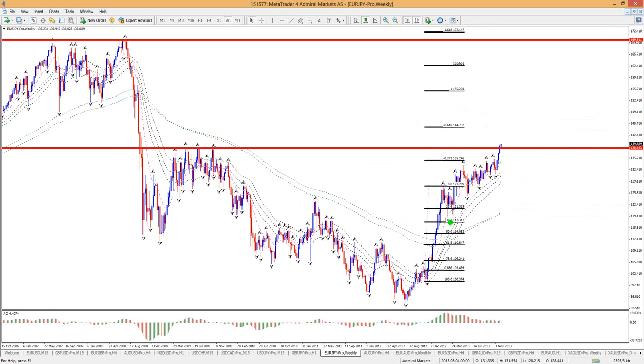Yeah, I was doing it on purpose so that we can see the fib a bit better. That's why I was moving it to the right. I think that's what you mean. But in any case, this one is the most important in my opinion. But we'll have smaller fibs, of course, along the way that will maybe create some pause for this currency.